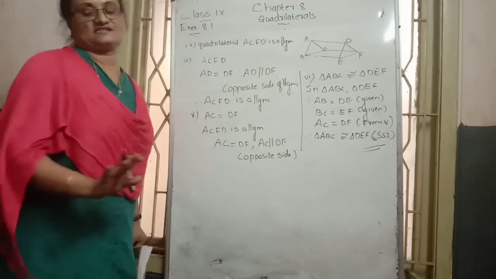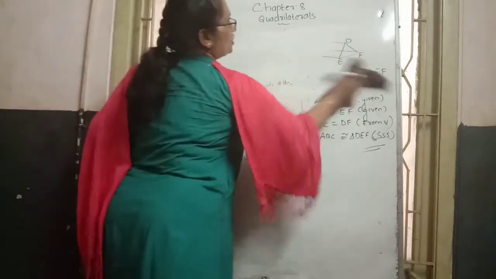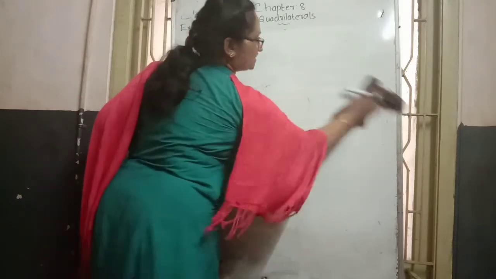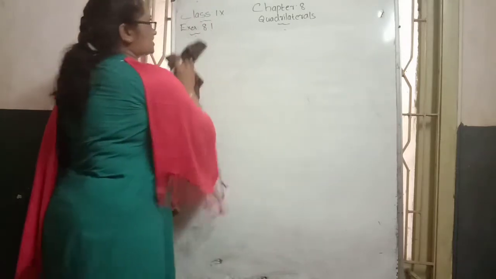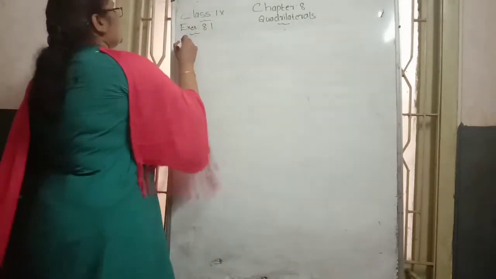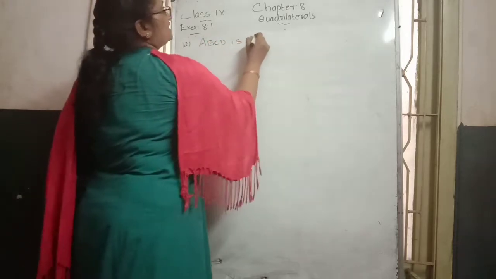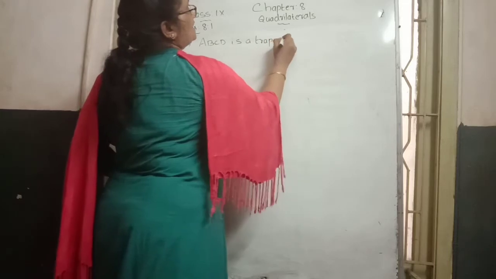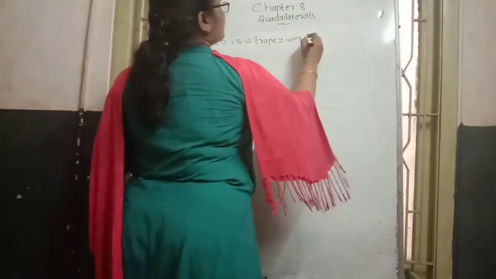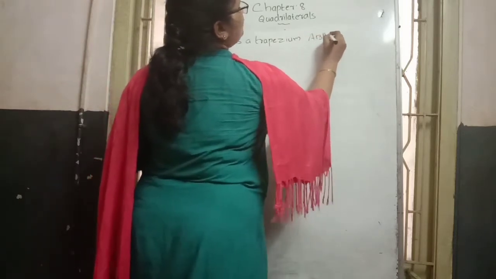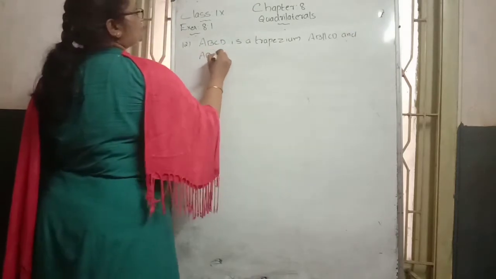I hope you can understand this 11th question. Next we go through the 12th question. In the 12th question they have given us a trapezium shape. They say that ABCD is a trapezium. Then two sides are parallel and equal there. That means AB side is parallel to CD and AD is equal to BC.